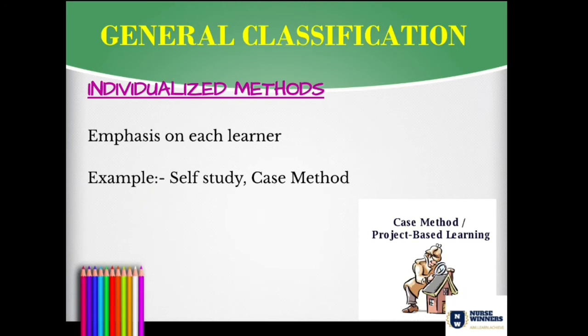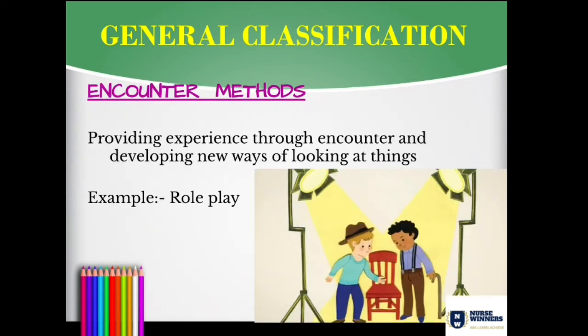The next method under general classification is the individualized method. Here the focus is given to each student. Here a teacher calls on a student, finds out the issues that the student is having in relation to any content, and then the teacher tries to clarify their doubt. Somewhat like private tuitions, maybe on a 1:1 or 1:2 basis. That kind of method of teaching is called the individualized method, where each student is given focus rather than a group.